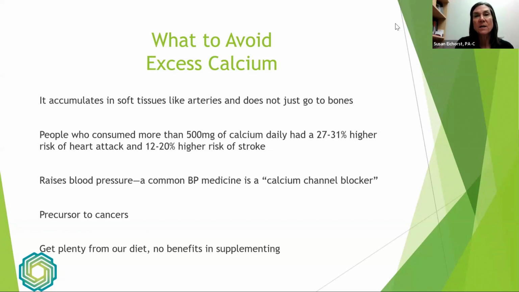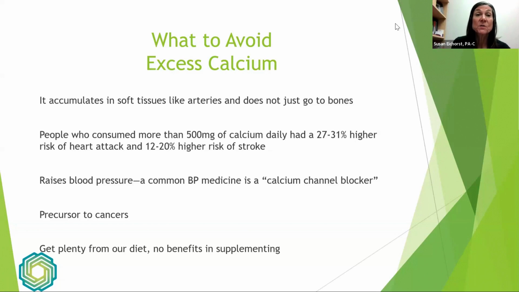It's even a common blood pressure medicine to make a calcium channel blocker. It blocks the amount of calcium that can get into the cell, keeps it outside the cell, because calcium inside the cell is harmful to the cell and drives all these other issues to happen. So you really want to make sure that you are avoiding extra calcium in your supplements, that you are not overloading with calcium, not taking calcium supplements for your heartburn in the form of Tums, and getting all this extra calcium that may actually be hurting your heart and not even benefiting your bones.